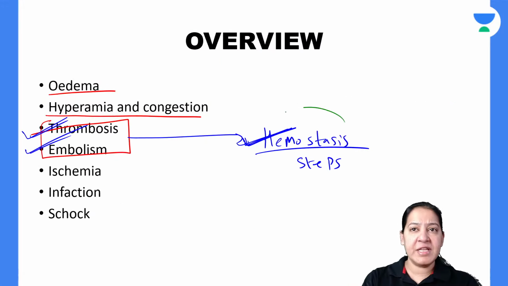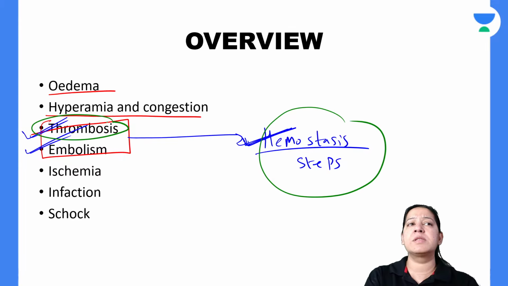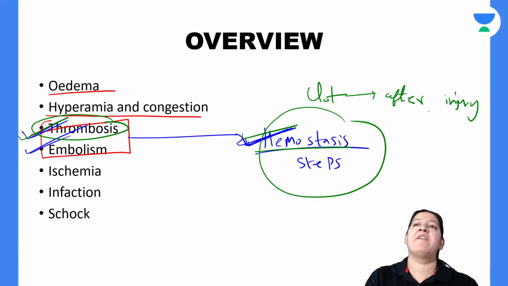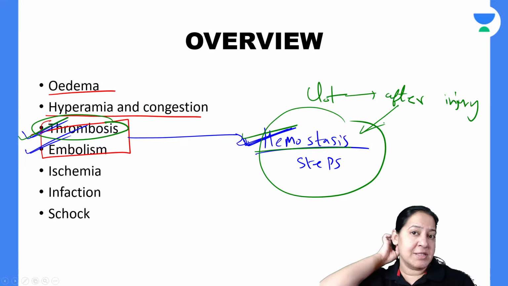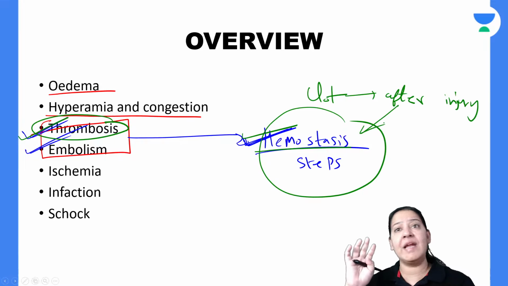But why am I teaching you hemostasis before thrombosis? What is the difference between hemostasis and thrombosis? In hemostasis, bleeding stops because of clot formation. So at the site of the injury, there is sealing. The site of the injury got sealed because of clot formation, right? Here the clot is formed after injury. That is hemostasis. Whenever we have injury, after that we have clot formation, so that the bleeding stops, and integrity of the vascular system can be continued, right?